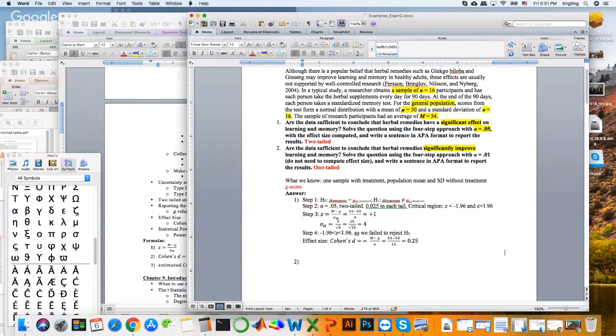If you don't know, you need to go back to my slides for chapter 8. But here I will show you an example. So the sentence should be: participants who took the verb related, because this is the sample, right? This is our sample. And because we failed to reject the H0, they showed similar